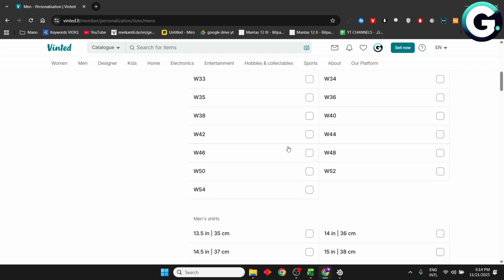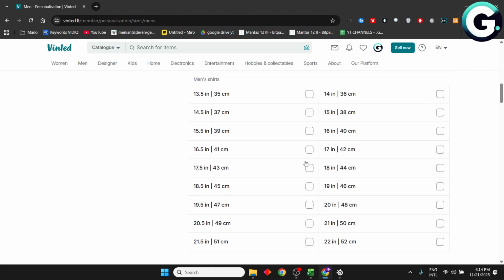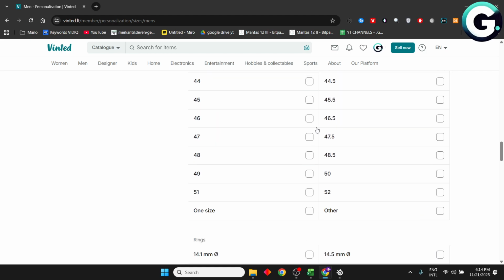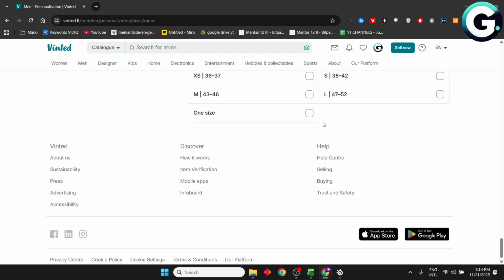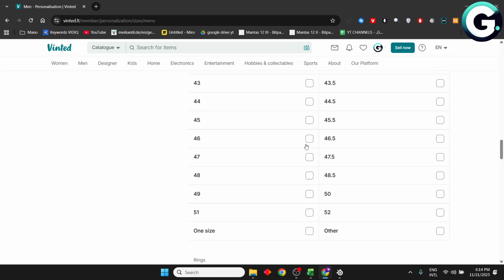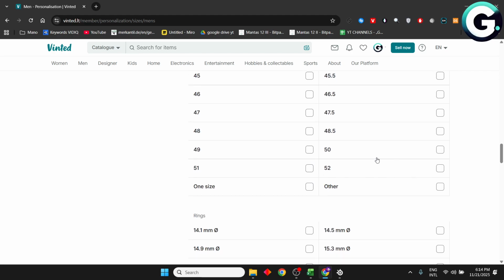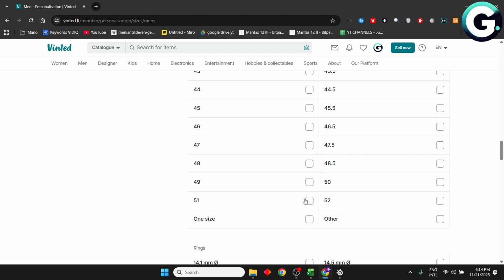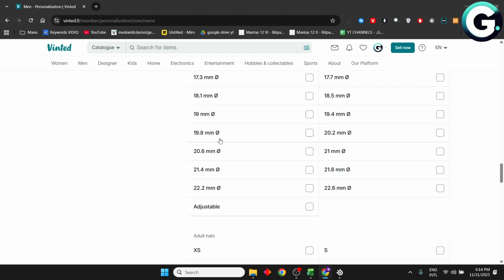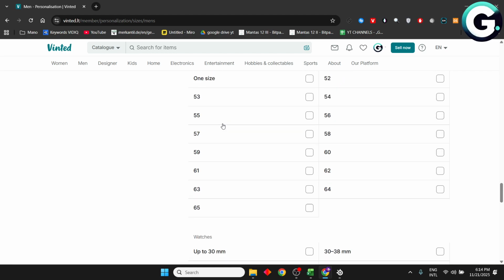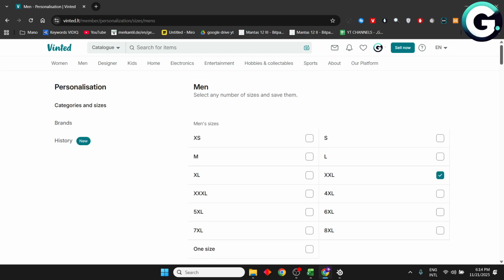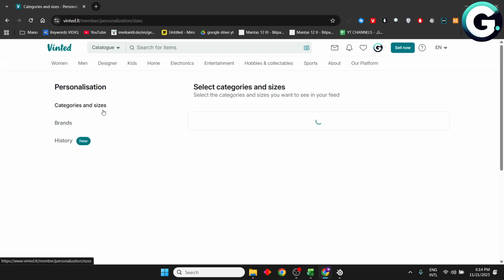And then right here you can select other sizes, as you can see, and basically if you scroll down you will see that you can choose men's shoes. So let's say I will just check random, and what you'll need to do is basically right now you'll be personalizing